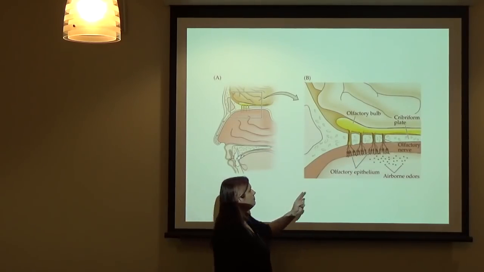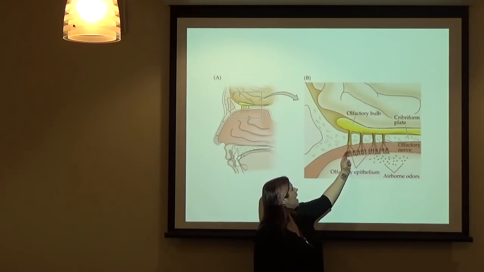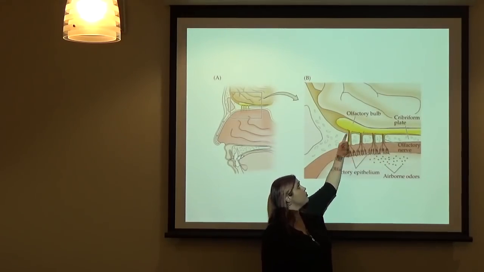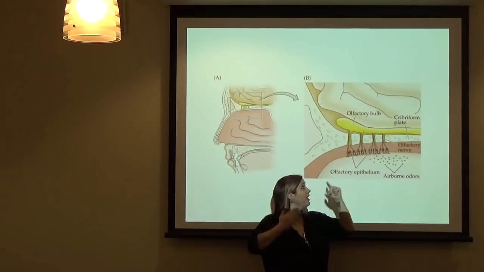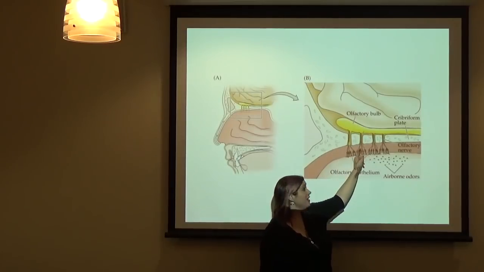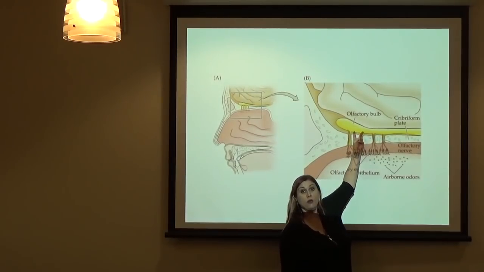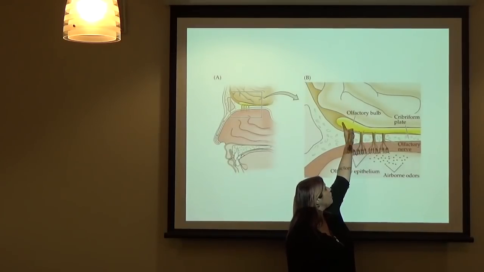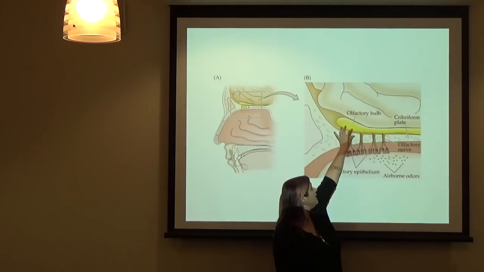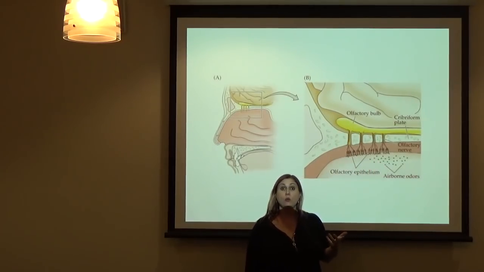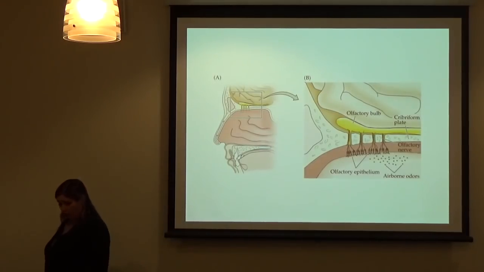And those receptors, the olfactory receptor cells, their axons go through, so at the top of your sinuses is bone, your skull, okay? So this is your skull bone right here. Their axons go through the skull bone, and on the other side of the skull bone is the olfactory bulb. And that is the first place in the brain where smell information, olfactory information, goes.